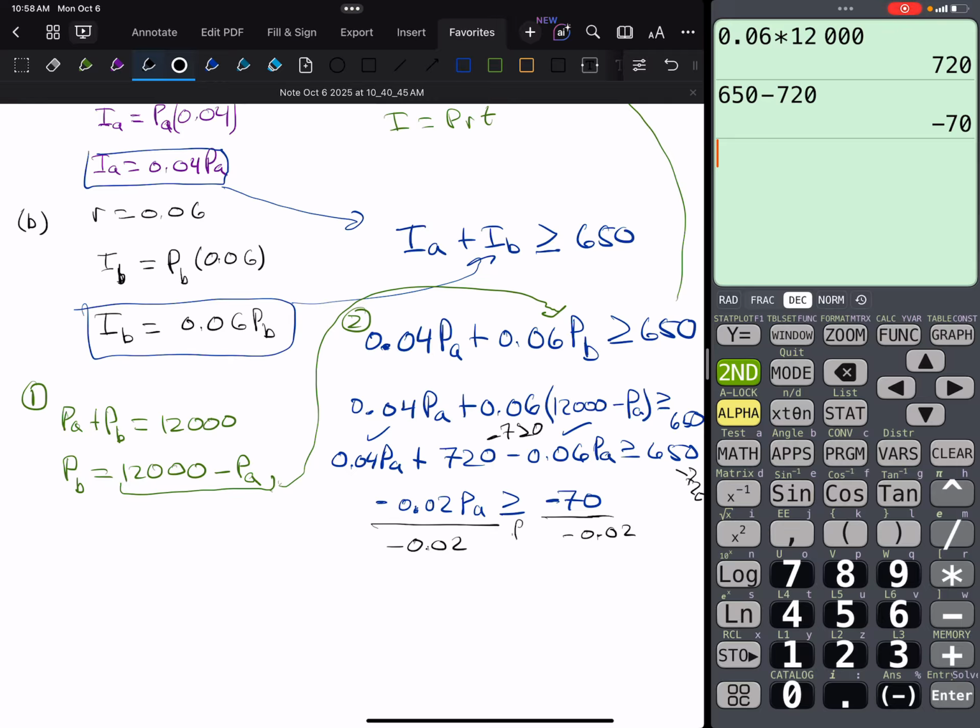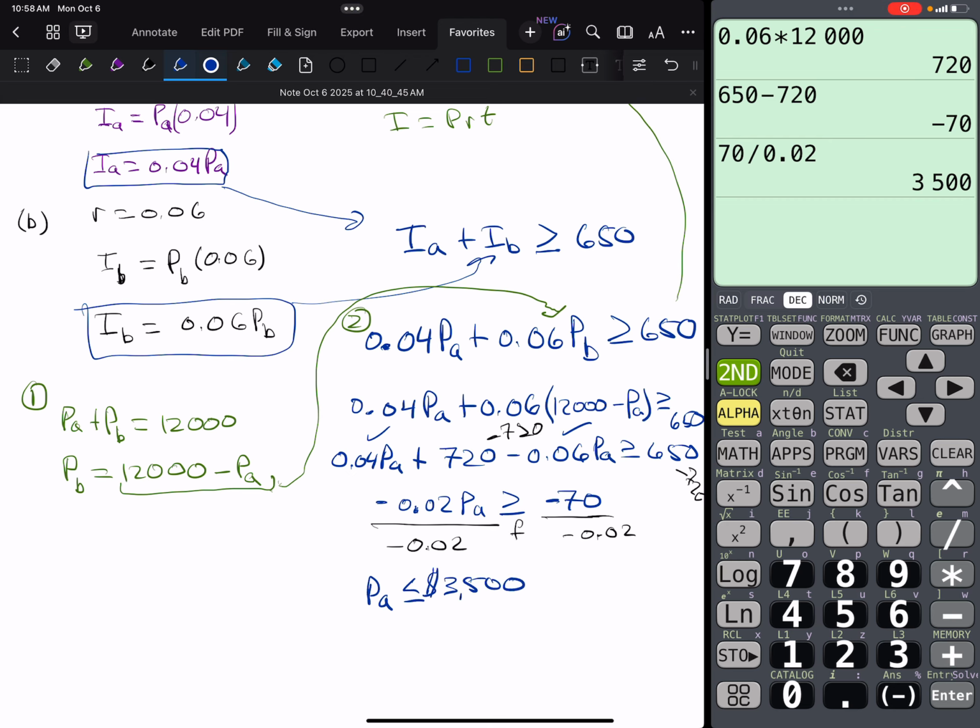And I always like to put a little F there or something as I'm writing this, just to remind me that when I'm writing the next line of my equation down, I need to flip the direction of that inequality. All right, so now I have PA, but instead of greater than or equal to, it's less than or equal to. And then 70 divided by 0.02, the negative over negative becomes a positive. And so I have 70 divided by 0.02, and I get